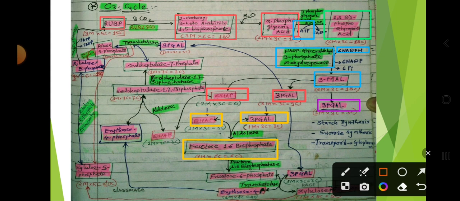Then this fructose 1,6 bisphosphate is converted into fructose 6 phosphate, and the enzyme which catalyzes this reaction is fructose 1,6 bisphosphatase. Here, of the 3 molecules of glyceraldehyde 3 phosphate, one is utilized for the formation of fructose 6 phosphate, and 2 molecules are still remaining. Out of those 2 molecules, one molecule is again utilized here